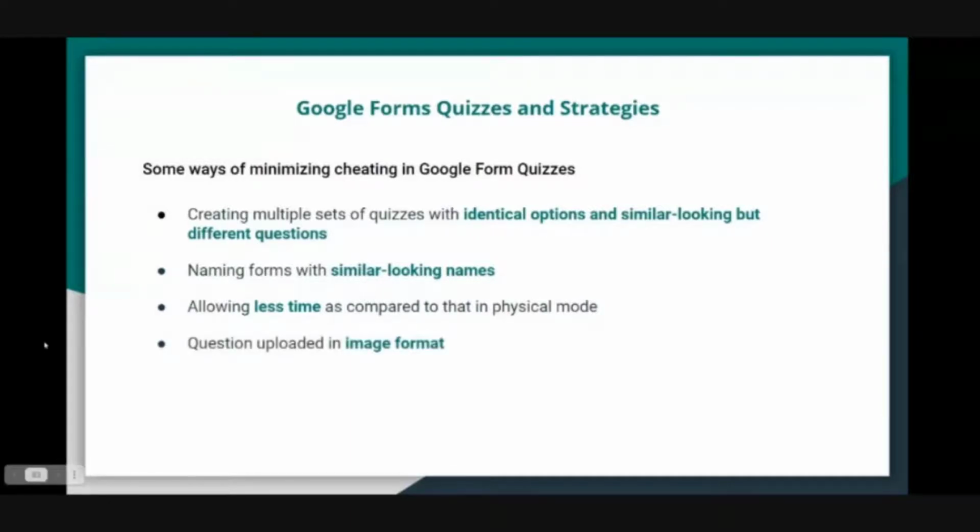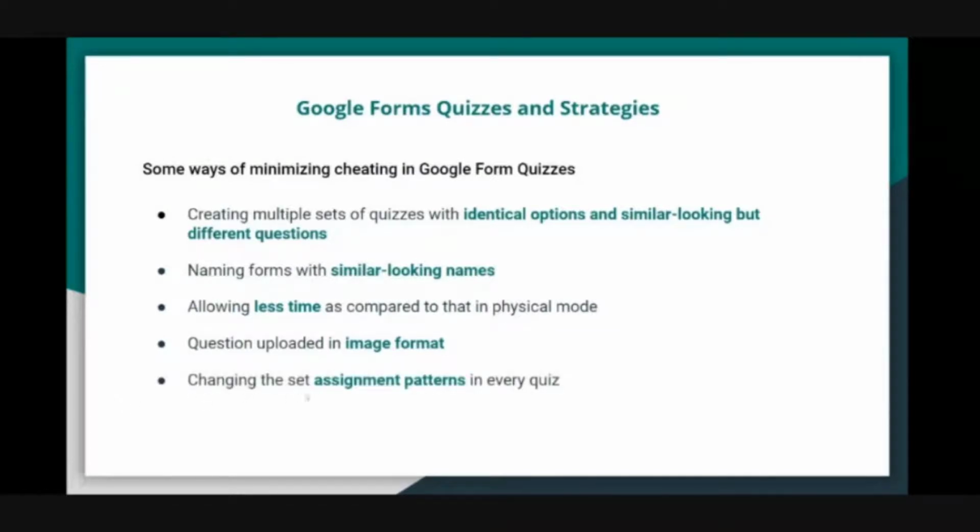The fourth thing is that the first thing students do when they get a question on Google Form is just copy the question, paste it in another browser and see if there is an answer ready-made available, right? So one thing which I often use to waste their time basically and not let them do this is to upload a question in image format. You can't copy paste from an image directly, right? With a mouse, they'll have to manually type if they are searching for the answer. So it is going to be a waste of time, and they'll be like, let's leave it, let's solve it ourselves.